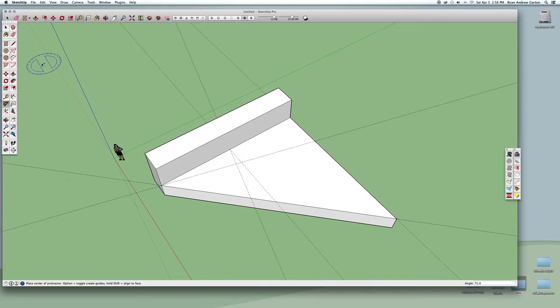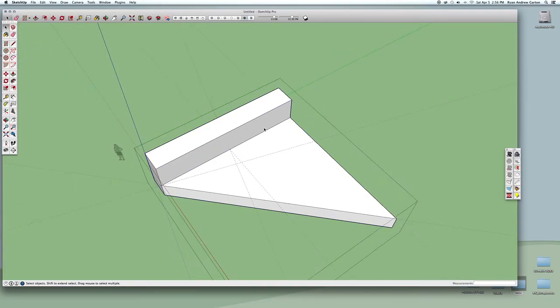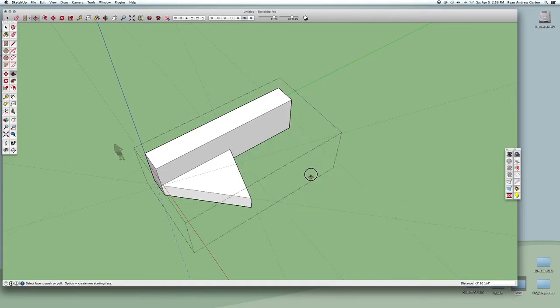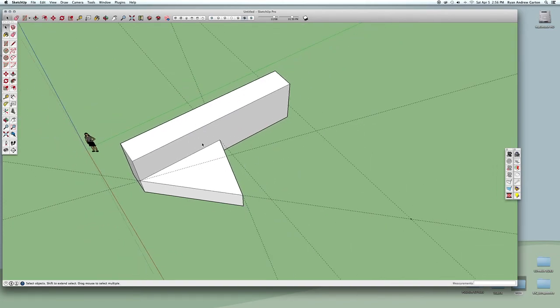And now I can open this up by double clicking and using my line tool. Go ahead and click on the line tool and click to that point, and go ahead and push pull this face down and click. So in reality, what I would probably ultimately do is make this piece here into one shape and this piece here into one shape. But for the purposes of this quick example, you can see